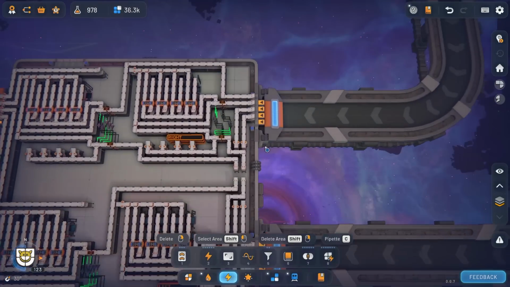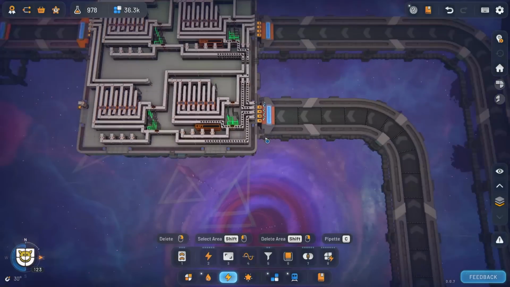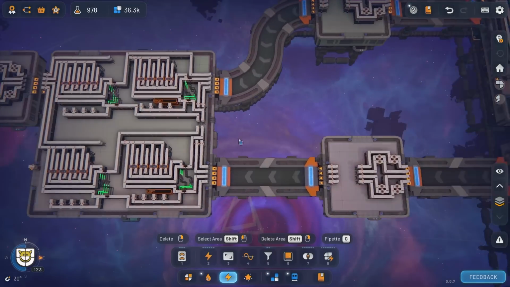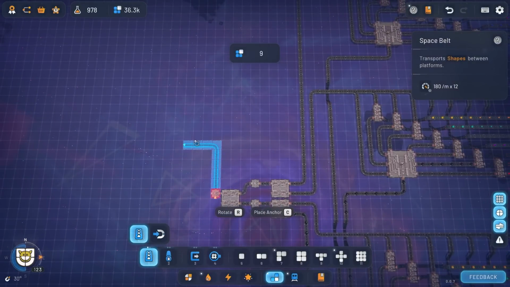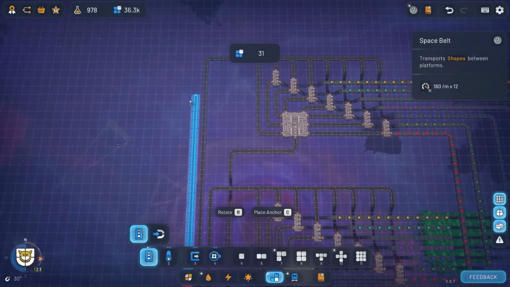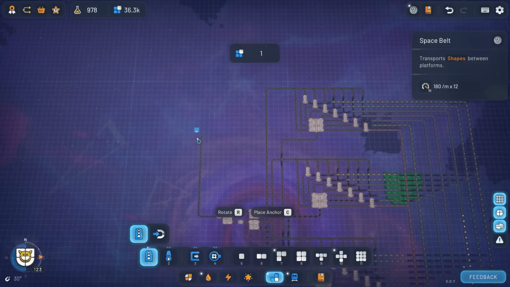Left, right, right, left, right, left. Yep, and then it recombinates, rotates it, recombinates, rotates it back, and then that should be our final shape, guys. We're done. We can make colored shapes now. Oh man,